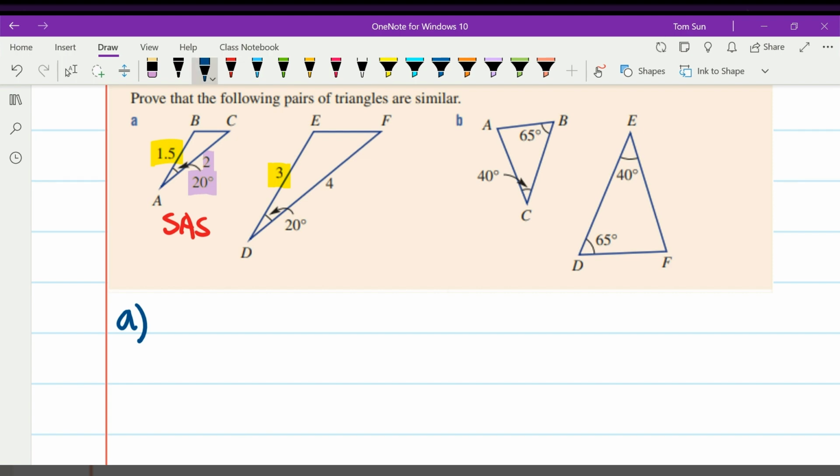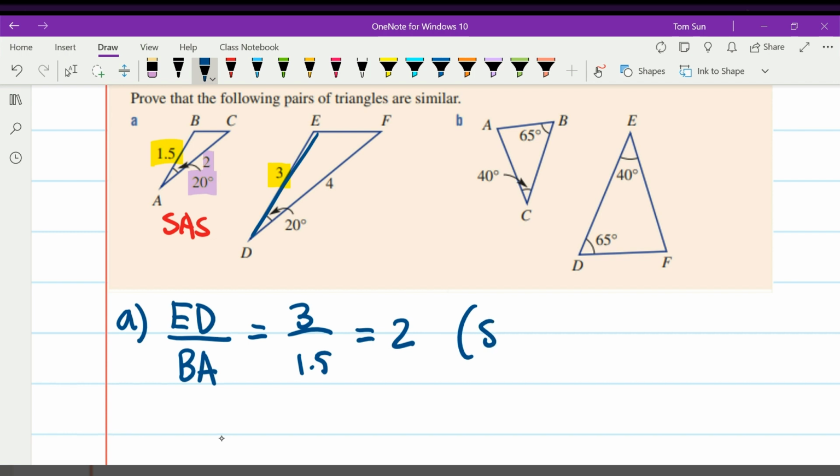So we can look for the ratio here by first going, okay, ED, which is the length ED here, over BA, sorry, not BC, BA. ED is 3, BA is 1.5, and so this is equal to 2. This doesn't prove anything yet, it just gives us a ratio, but I'm just going to write S here anyway,